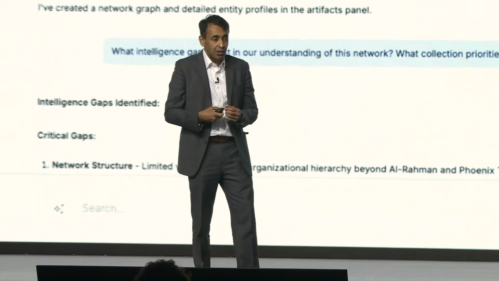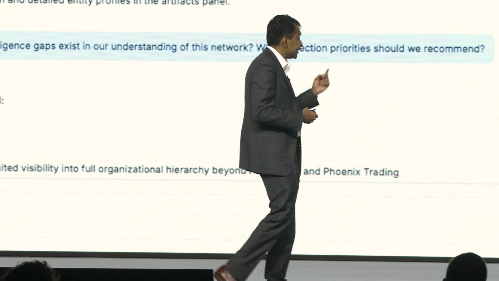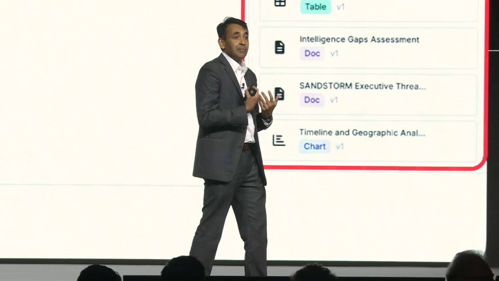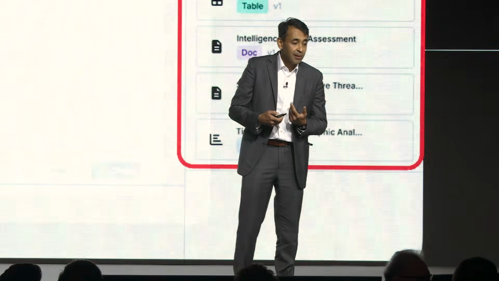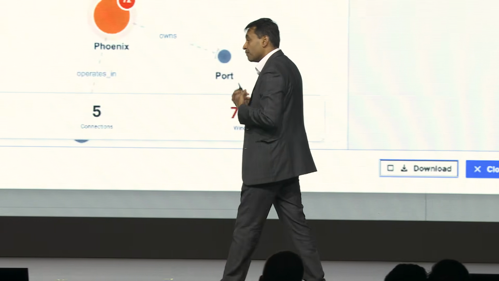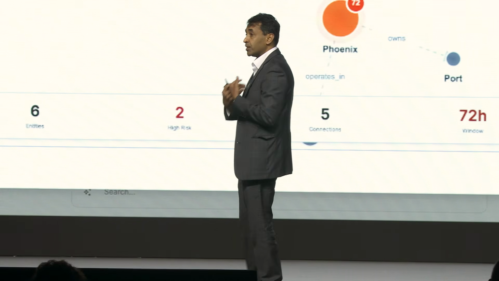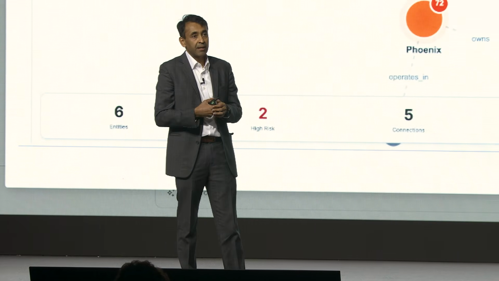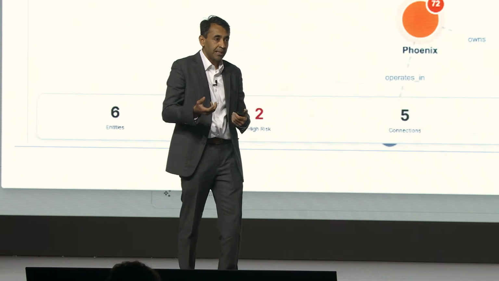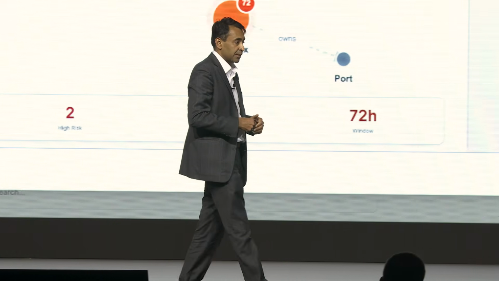What do I mean by that? If I zoom in on the bottom right-hand corner, I'm seeing there are 5 artifacts that are already built. These are analytic artifacts that the agentic system is tracking as I'm interacting with it. And these could be things like network analyses, geospatial analyses, temporal analyses, visualizations, charts, graphs, reports, or just the underlying data sets. And it's tracking all of that on my behalf so that at the end, once I have reached a conclusion or I'm building a hypothesis that I want to investigate further, I can then save that and share that with my colleagues, and someone else can pick up the investigation on my team, or we can collaborate on the same set of data sets.